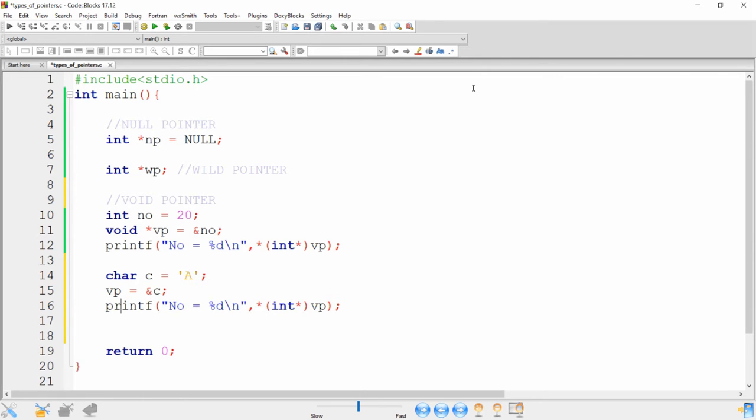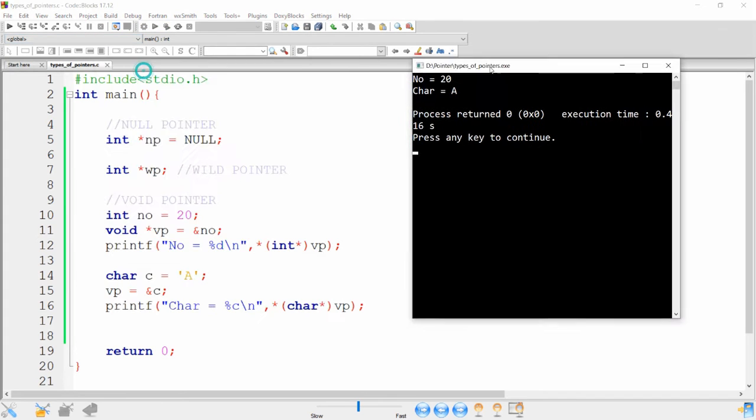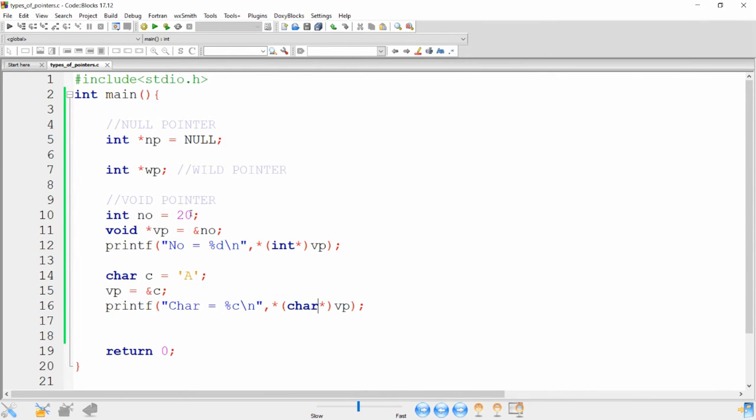Here you can write character = %c, but instead of an integer pointer, we now cast to a character pointer. Then you will get number = 20 and character = A. So this is what the void pointer is.